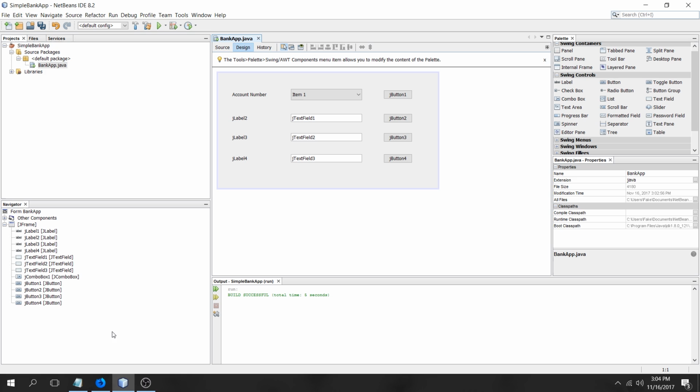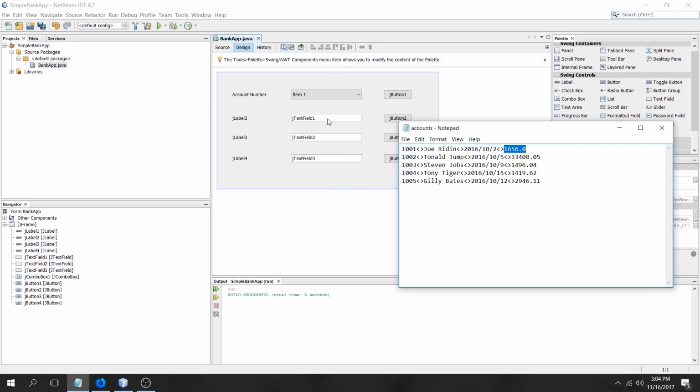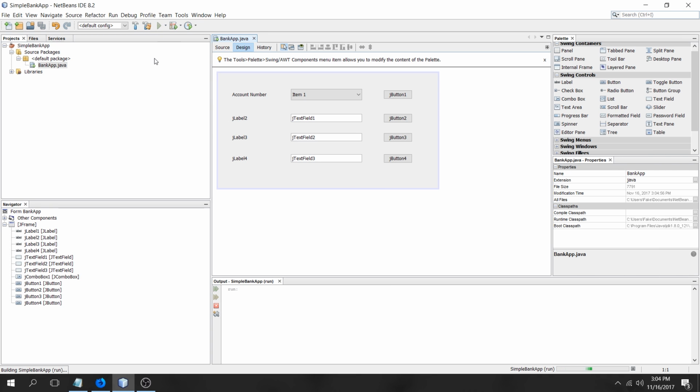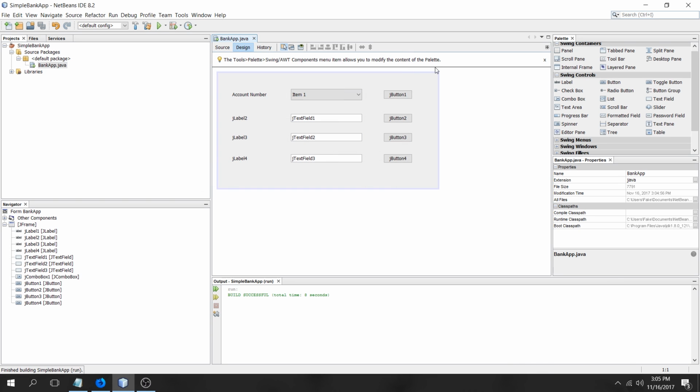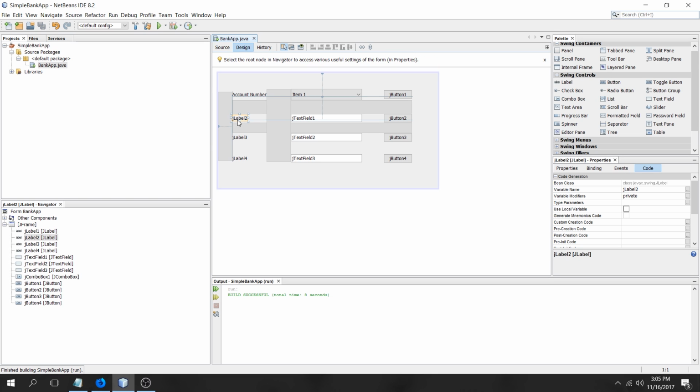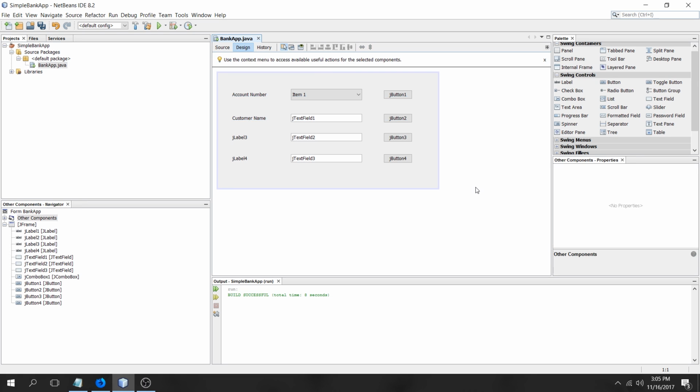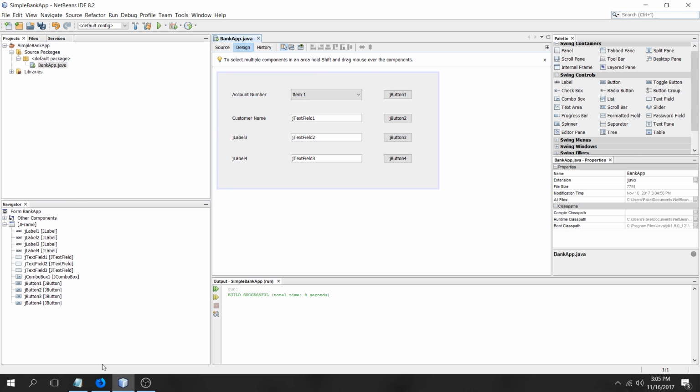So inside these choices, essentially what I want is to be able to select different account numbers. So if I press play now, I get a drop down list, which I can select stuff from. And I want the account numbers to be there. So in the long run, here we double click again. We put the customer name in here, for example,